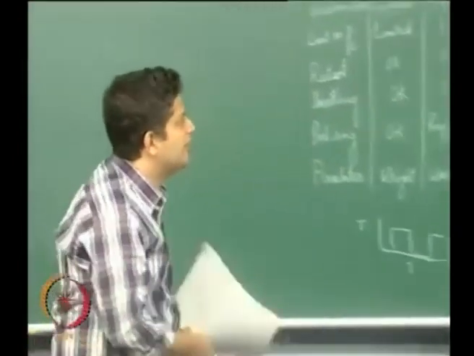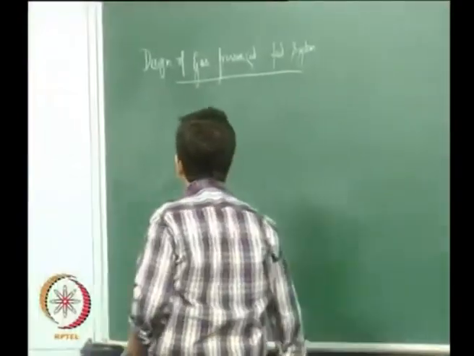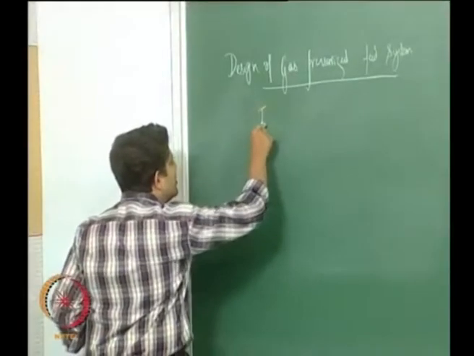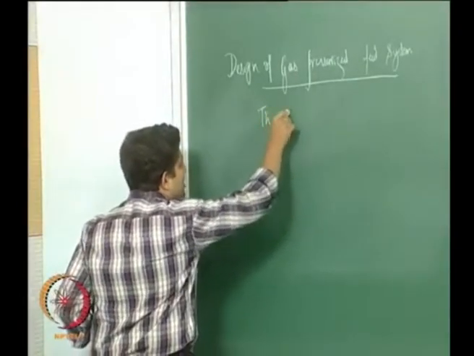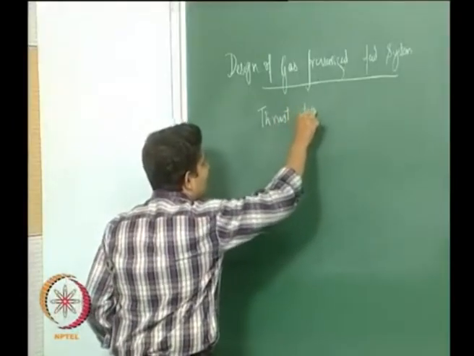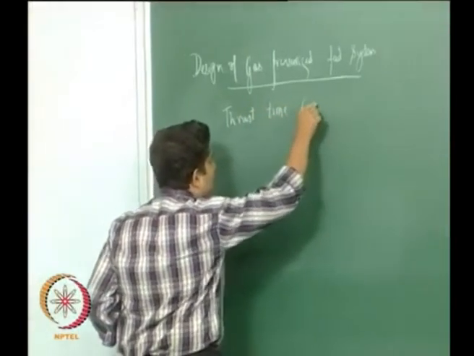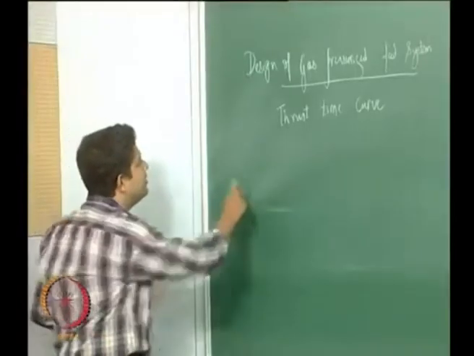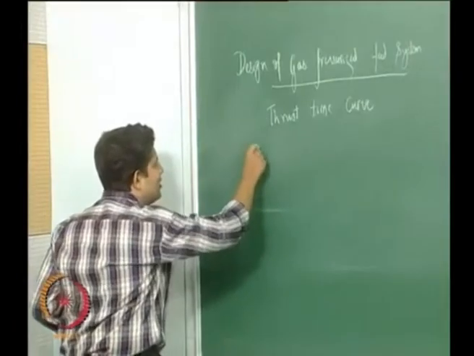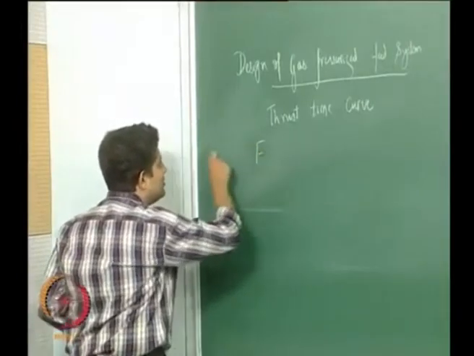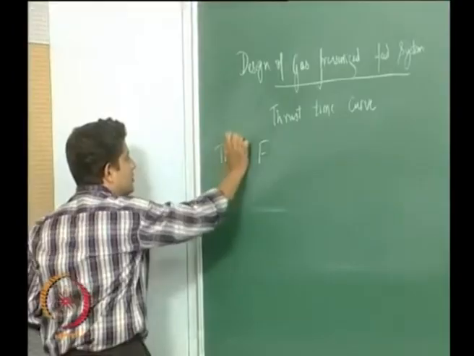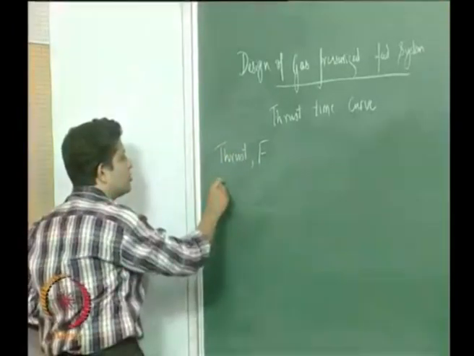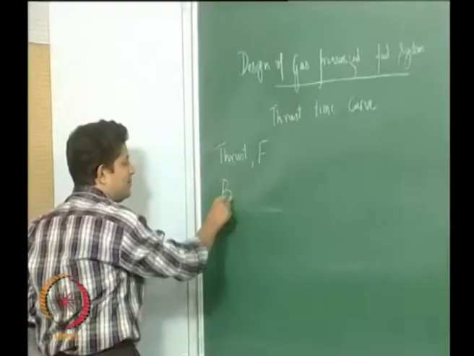So essentially, for doing this, you will be given firstly the thrust time curve, which means that you know what is the thrust F, and you are also going to know what is the burn time